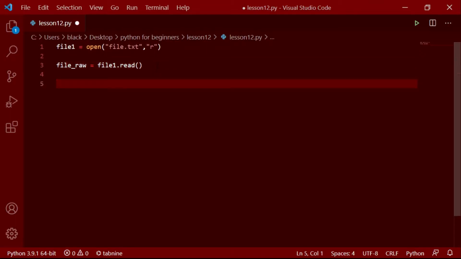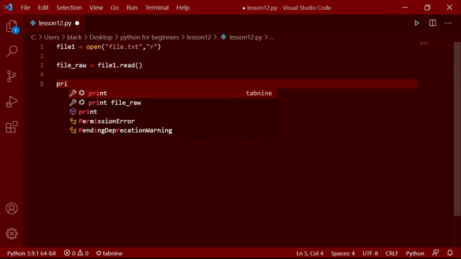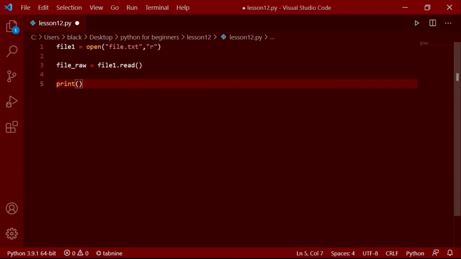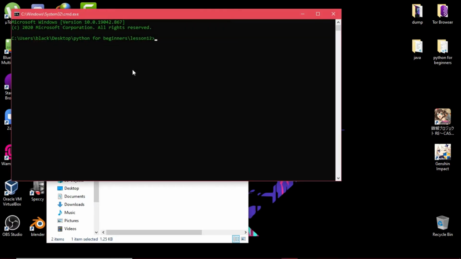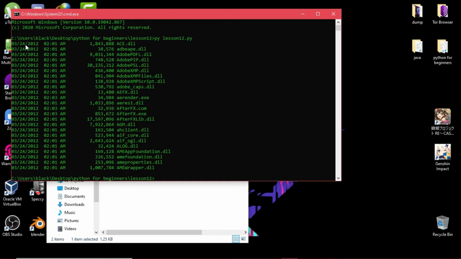After that, I'll print that output. Print file row, and to run it, type cmd and here py, then the file name lesson.py. You can read the file from here.